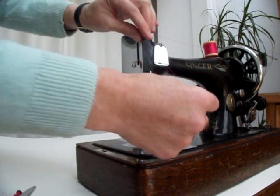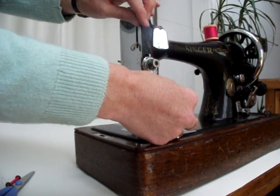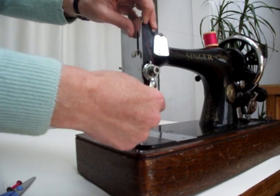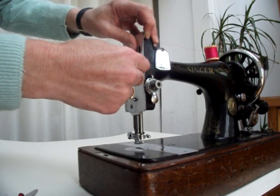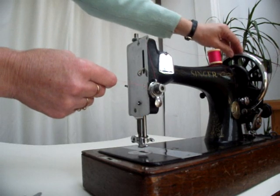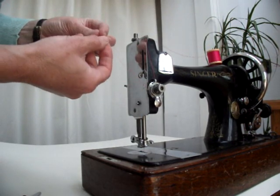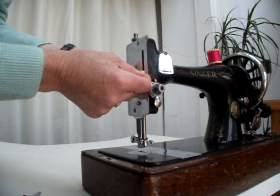Now the thread goes down to the right of the tension discs, and between the tension discs, underneath, and here it goes through this little wire that has a loop in it. This is the tension take-up spring. Now it needs to go through this hole here on the arm,